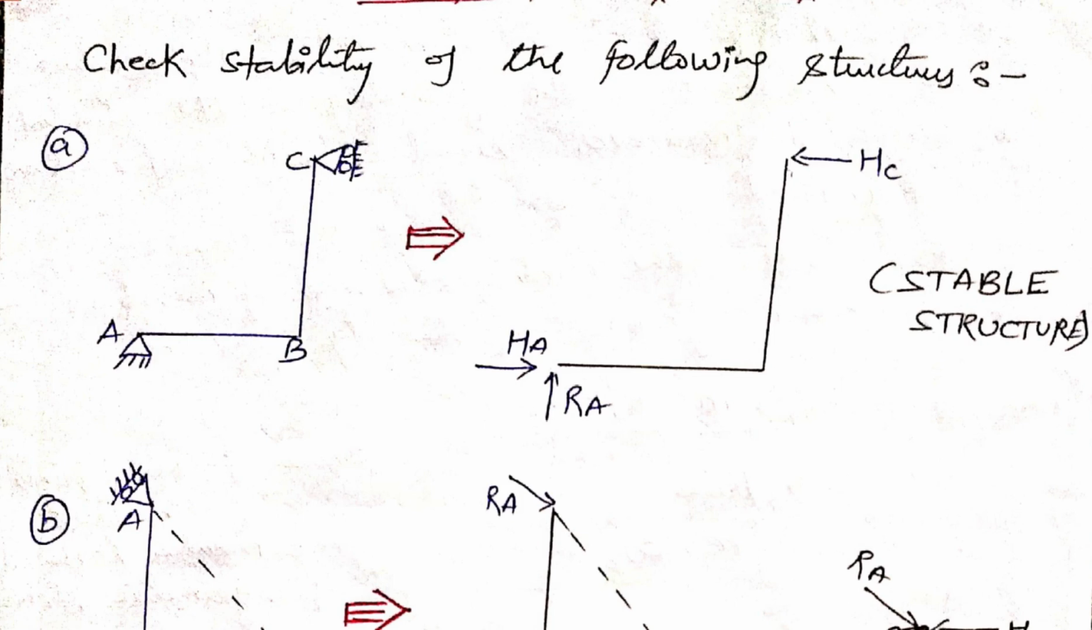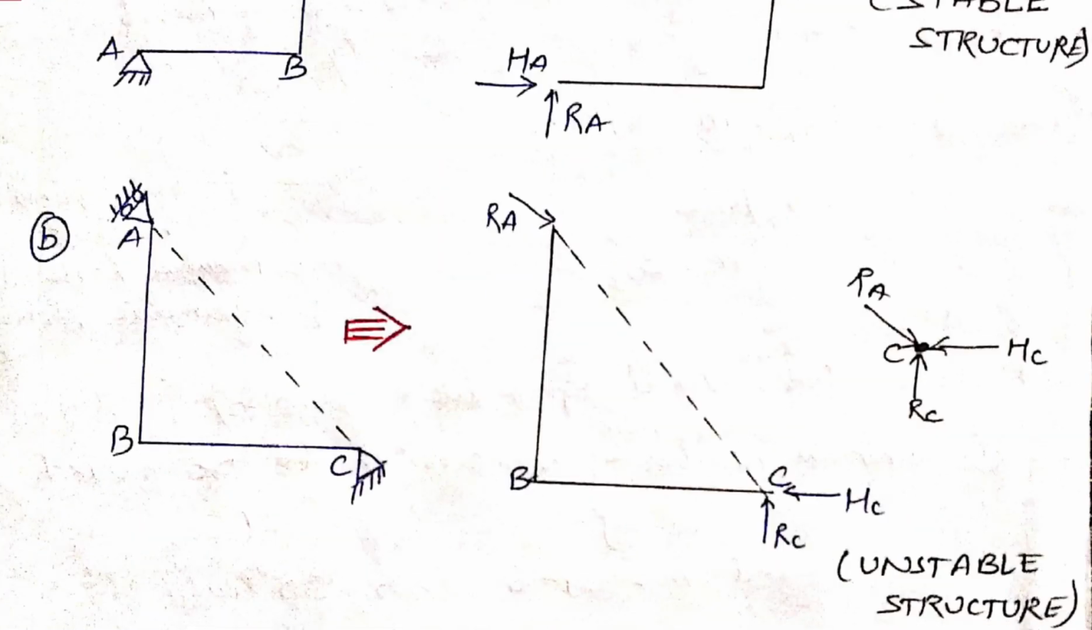Okay, so let's take some other example. Like this is the structure, A is your roller support, this is AB member, this is BC member, then this is your hinge support here. Okay, so at the hinge support we have two reactions, one is vertical and another is horizontal here. So this is our HC and this is our RC vertical reaction, and at the roller support we have a reaction